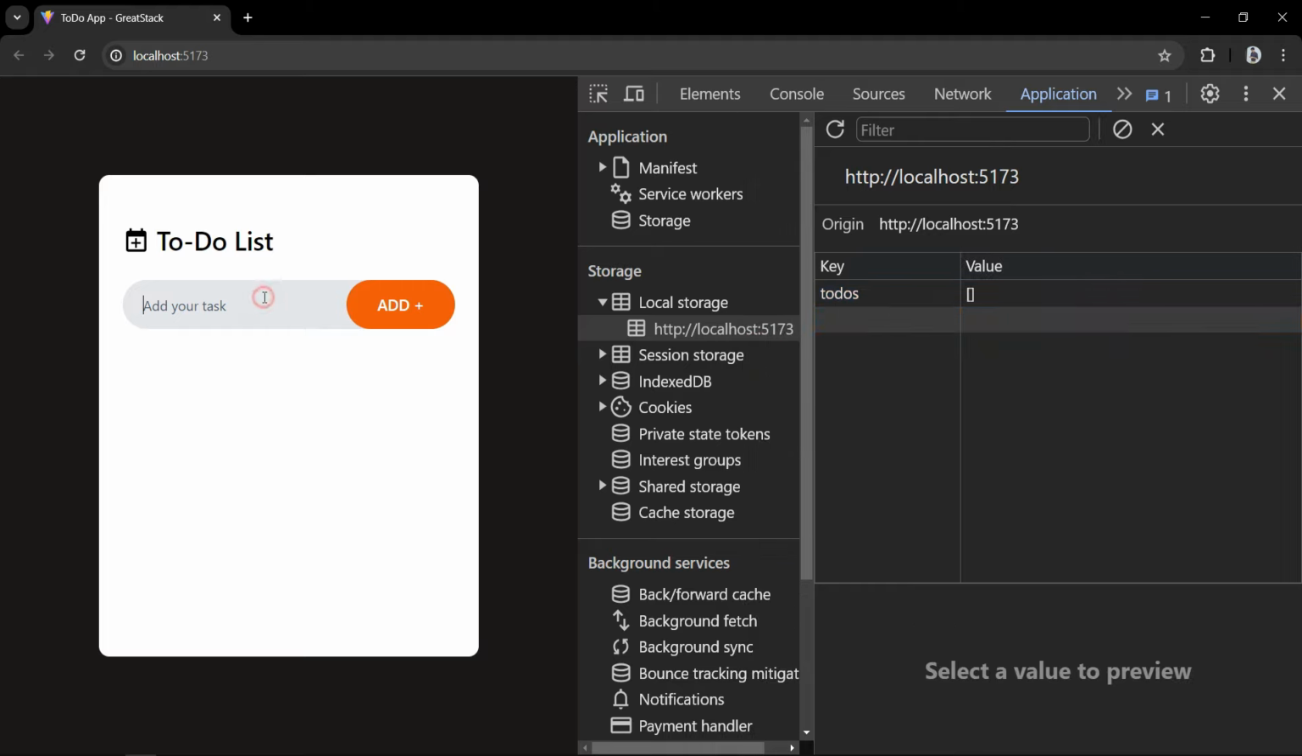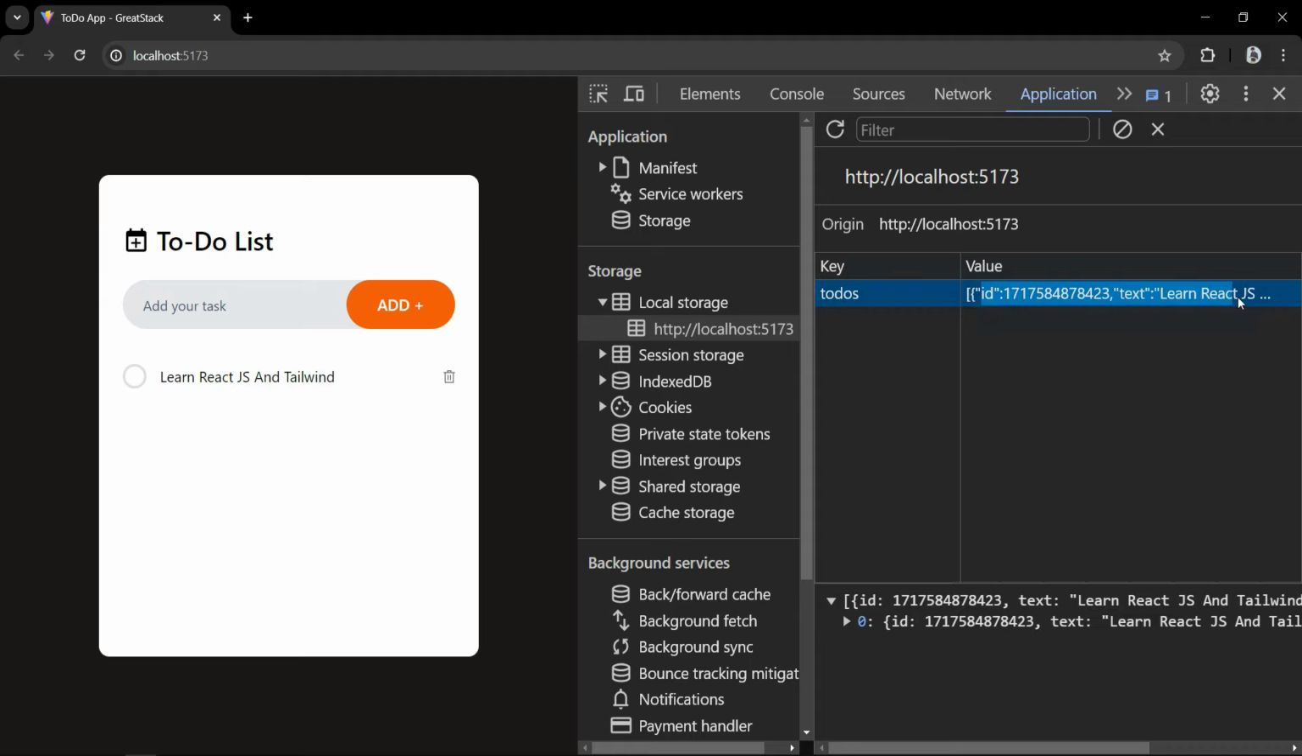Now if I add some task in this to-do list, let me add the task: learn React.js and Tailwind. So you can see it is updating the data in this local storage, right? You can see here, or you can see here also, correct? Let me add one more task,